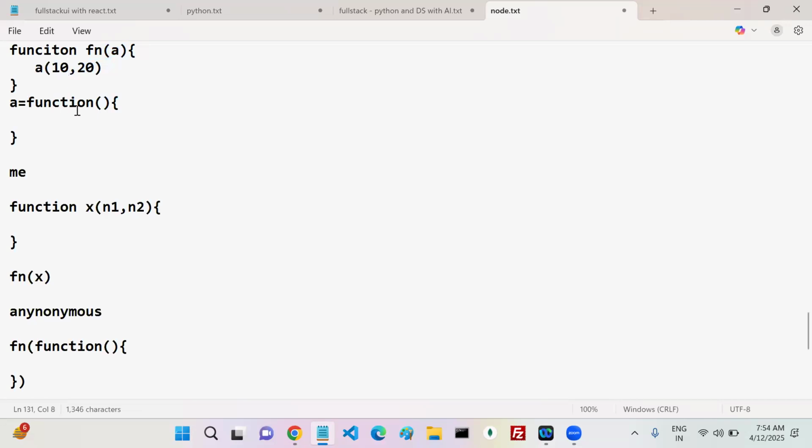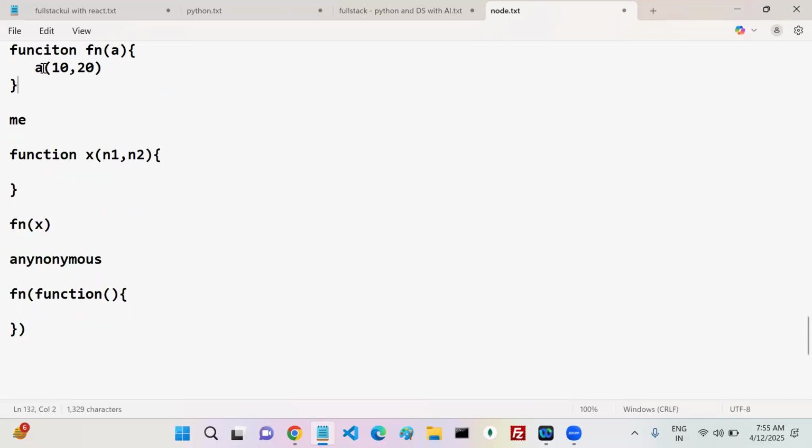Whenever a function is called with two or three values, you can hold those values with arguments, like n1, n2. What is my n1 value? 10. What is my n2 value? 20. Got my point?